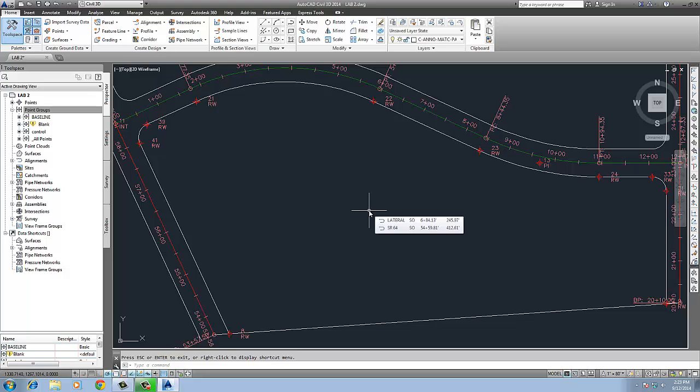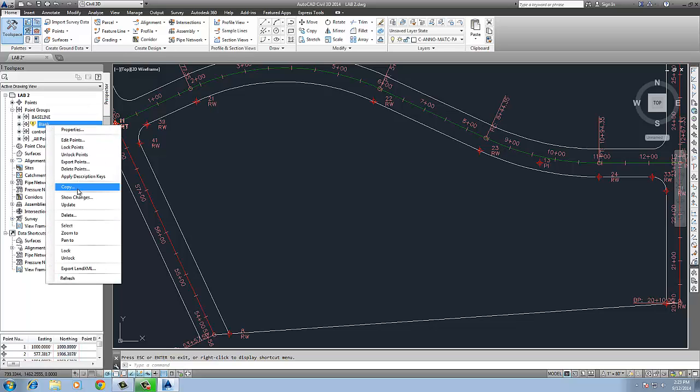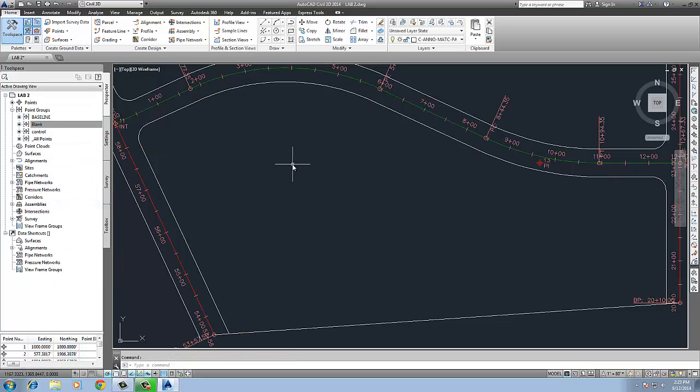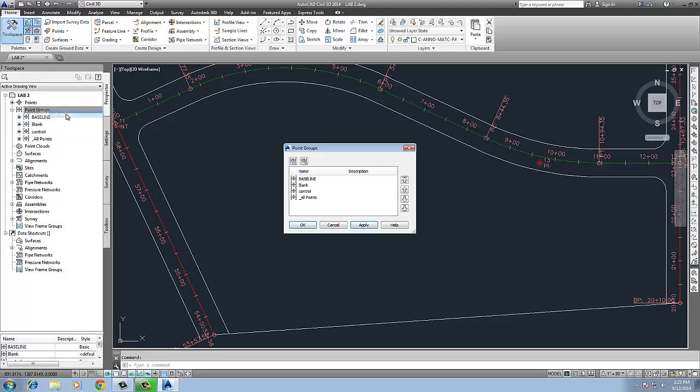Okay, if you have completed that, you should see you have all your points in, at least on this southern half of the lateral, and they're numbering the way that we've spec'd them, and the right-of-way designation is coming in automatically for us, and that's a really nice thing. Also notice, because we've added points, blank doesn't contain those, so we're going to right-click, update that. They should disappear, and we'll create a new group for these guys, properties,